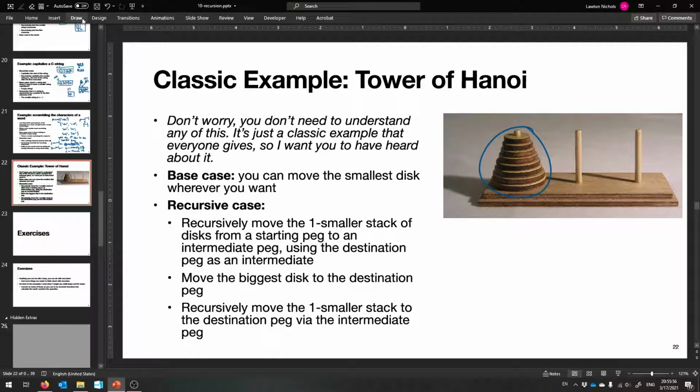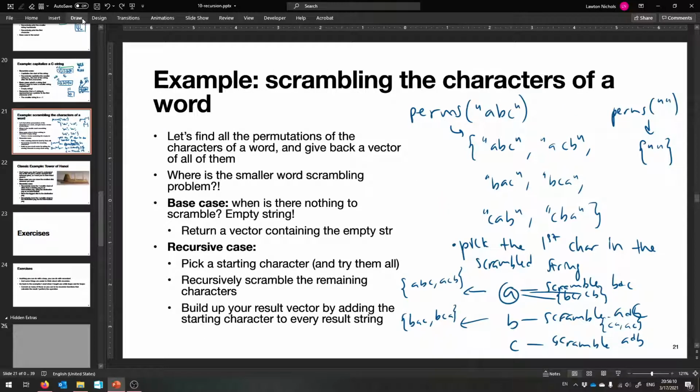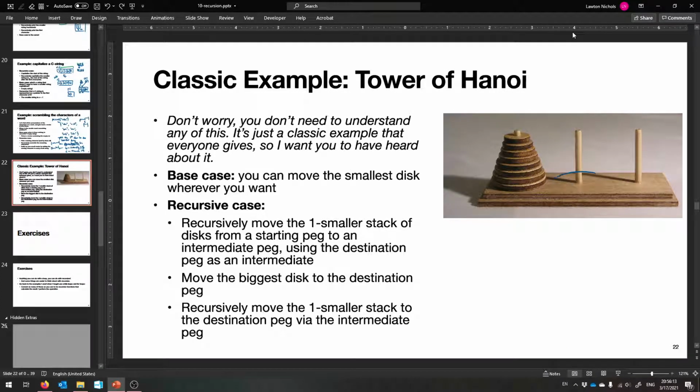There's a bunch of disks on 3 different pegs, and the name of the game is to take all of these and put them on this peg over here, all the disks onto this peg. And the rule is that you can only stack smaller disks on top of larger disks, okay? So you can't have it backwards like this. That's a hard rule to follow, okay? So that makes it difficult. And so you can move this one here, but you can't put the second one on top of it because now it's bigger, okay? So that's the game you have to play, and this can actually be solved recursively